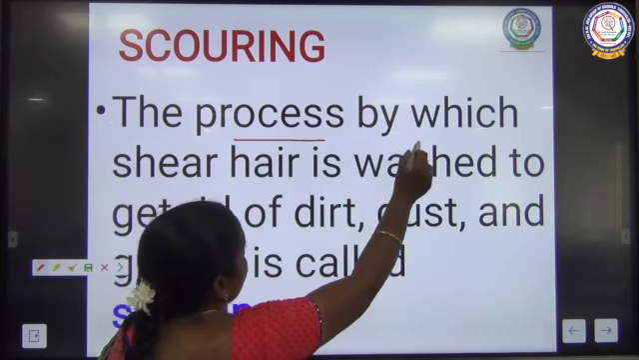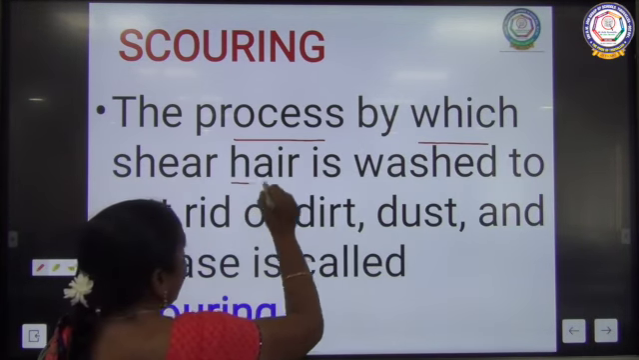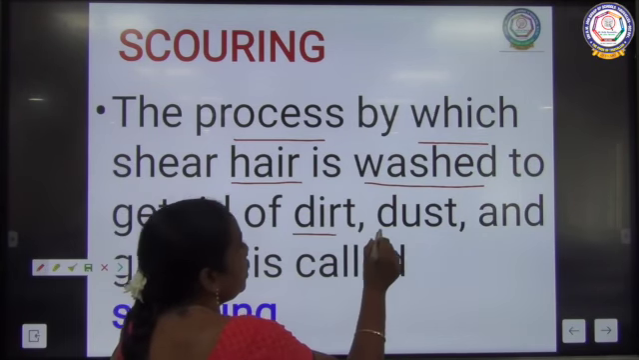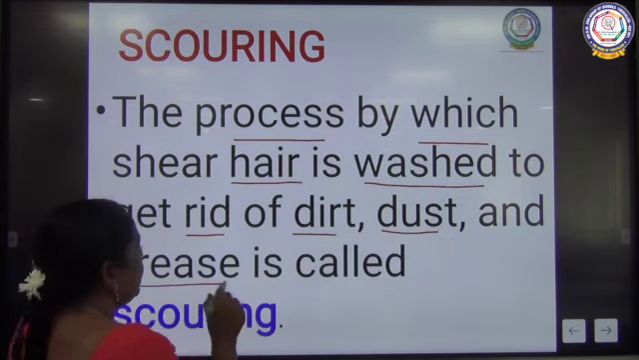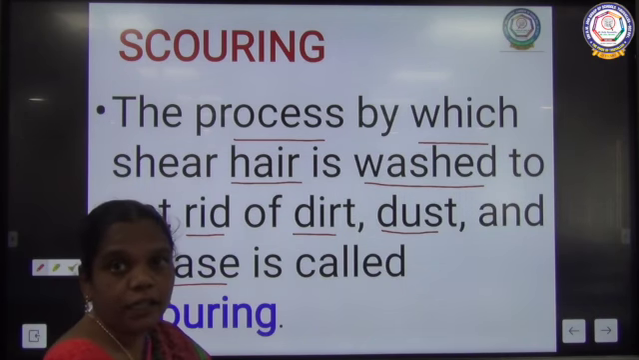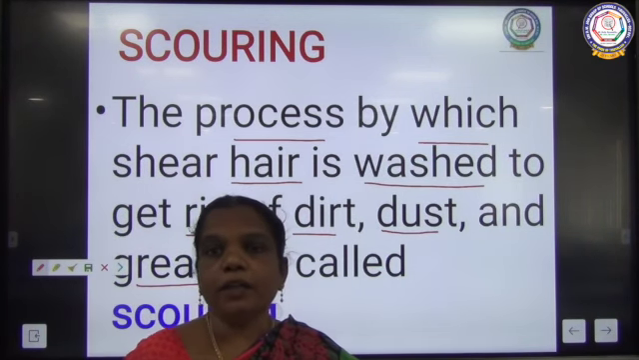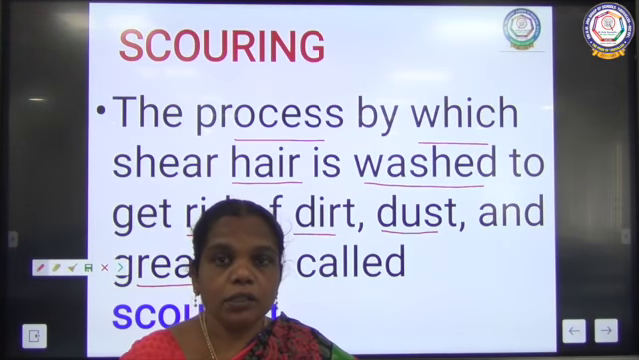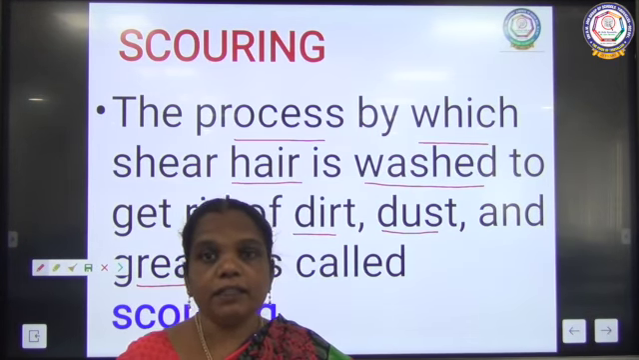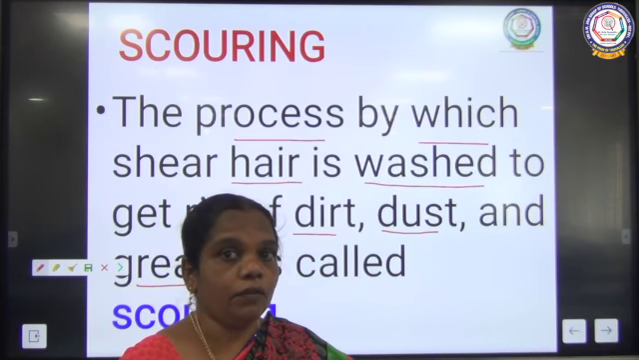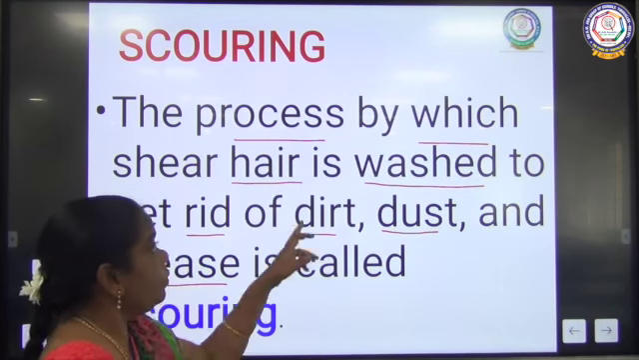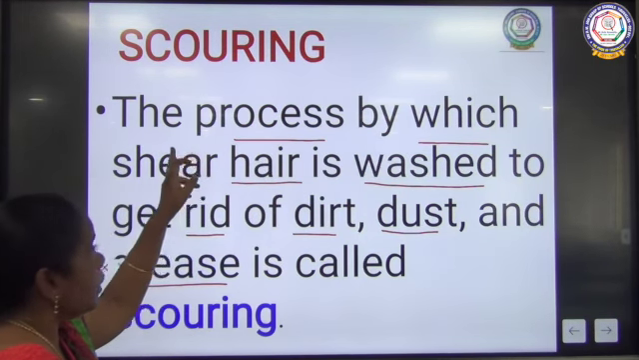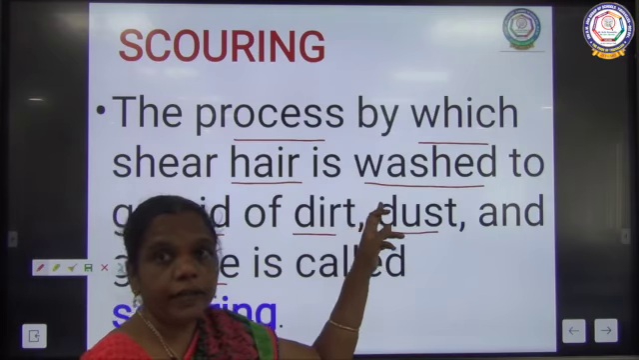The process by which the hair is washed. The hair is washed to get rid of dirt, dust and grease. So after shearing, which means we are removing hair from the animal, the fur or the fleece may have dirt, dust as well as grease. So we want to clean this. For that we undergo the process called what? Scouring. Scouring means the process by which we are going to get rid of